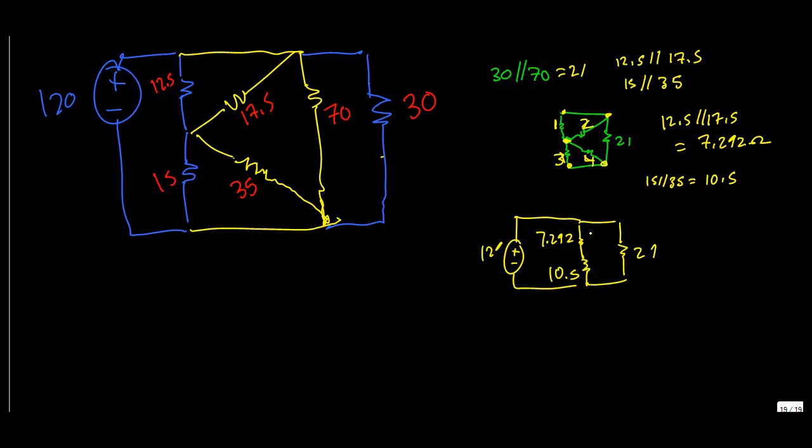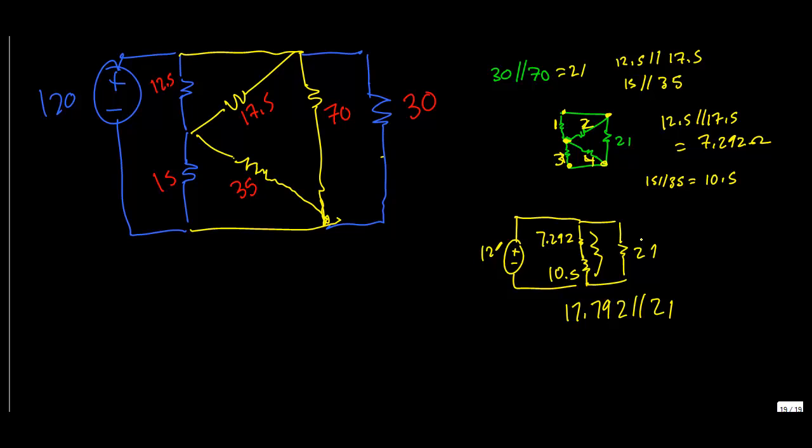So now we know these two right here are in series. So basically this should be 17.792, which will be in parallel with 21. So let's just do that in the calculator: 17.792, and we multiply that by 21, and then we divide that by 17.792 plus 21. We get an answer of